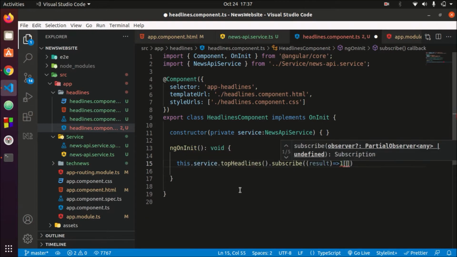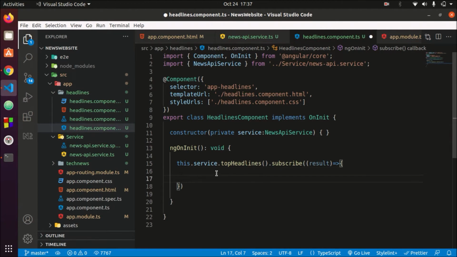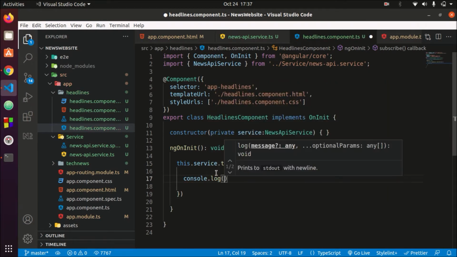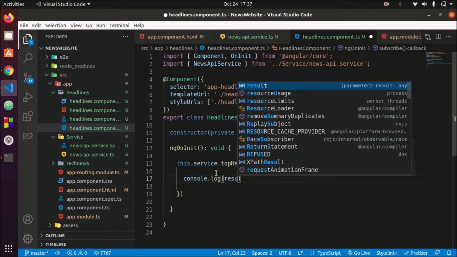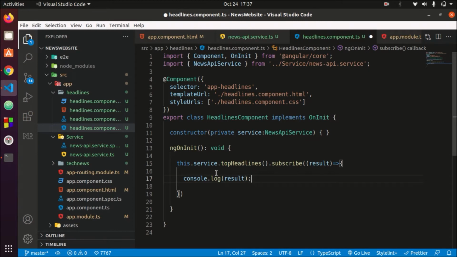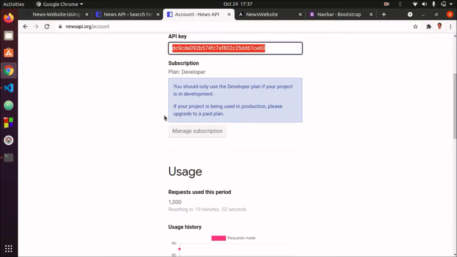Oh, what's happening with my typing. Now let's log the output so that we can see it in our console, and then we will connect. So let's see the output here.